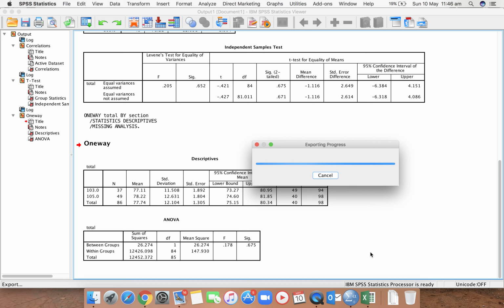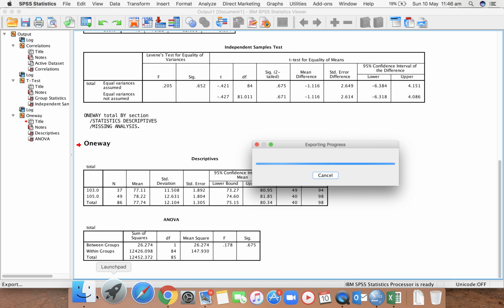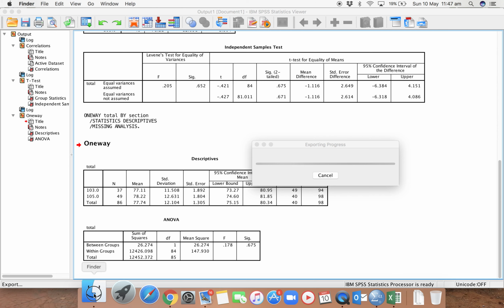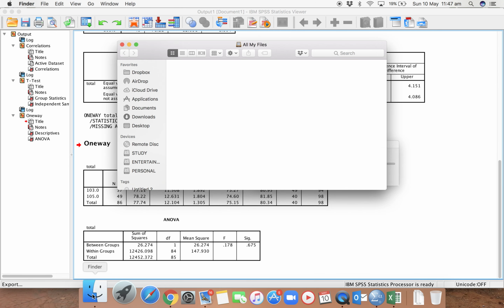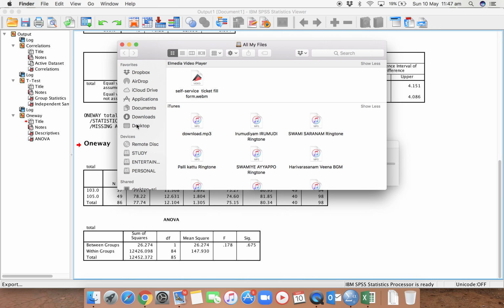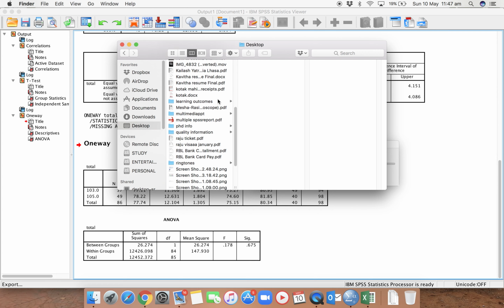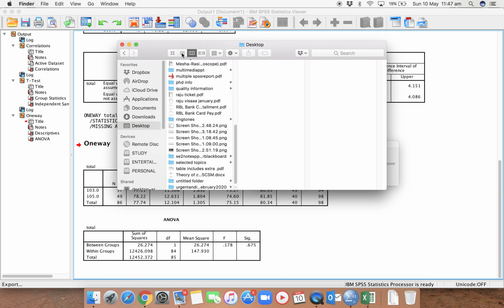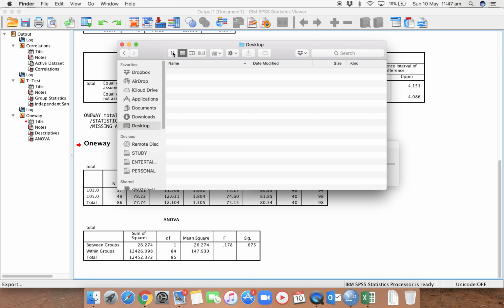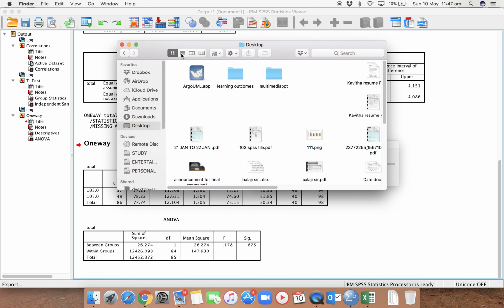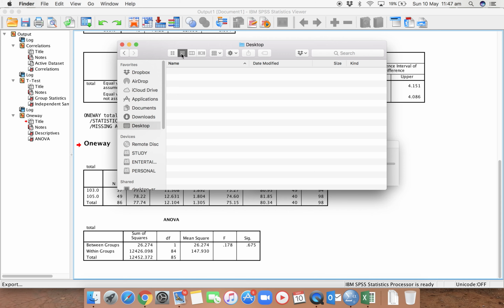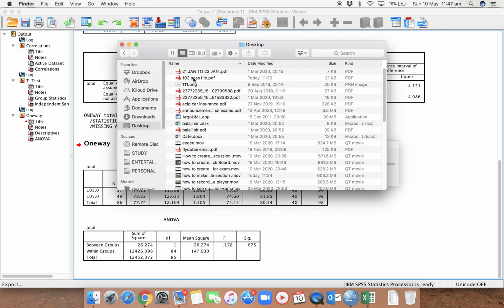After finishing, I will show you how this will open in PDF format also. Before, we prepared for a single section, right? I will open that file and show you. Yeah, before I saved it here on the desktop, the 103 PDF file. Okay, this one.